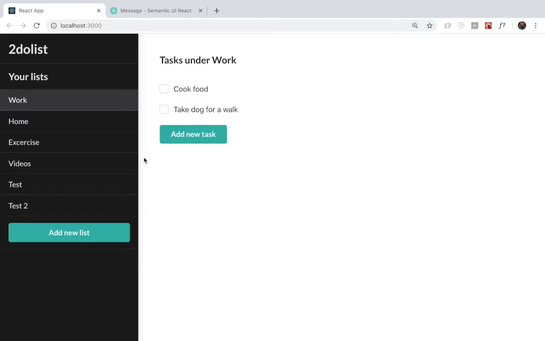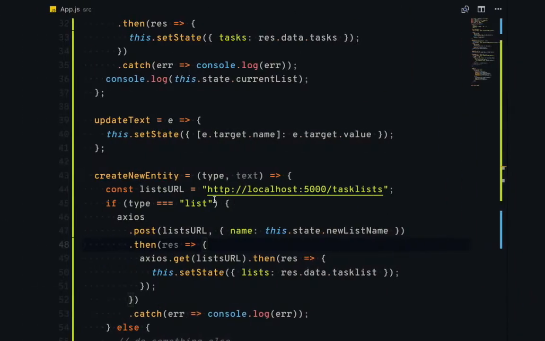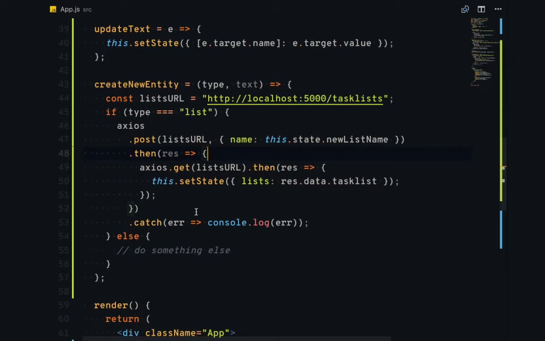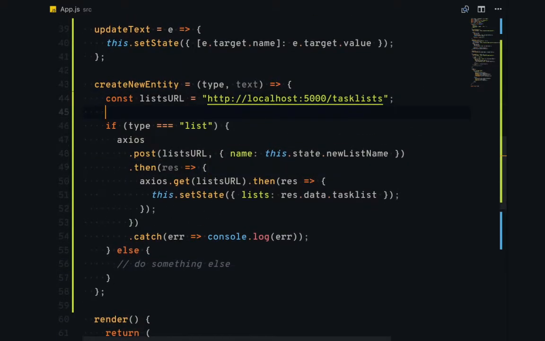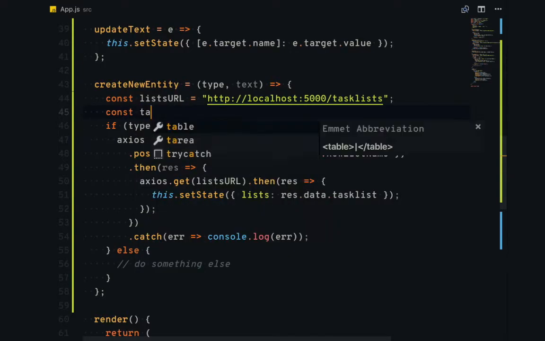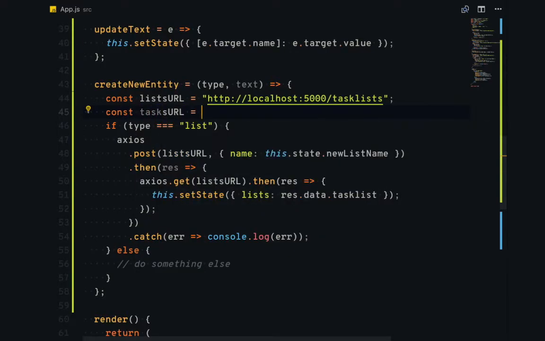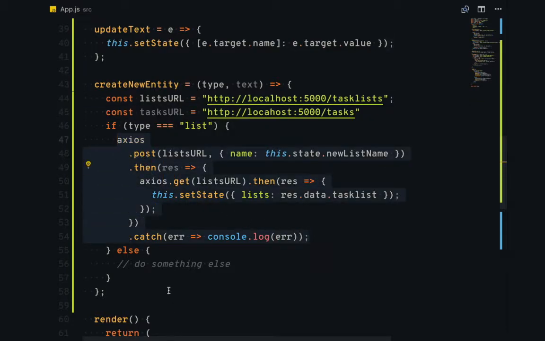The next functionality we want to add is to add a new task, and it's going to be very similar to this handler function. So we will just update the tasks URL and set it to http://localhost:5000/tasks. And in the else condition, we will copy paste whatever we have done in the if condition of the first case,